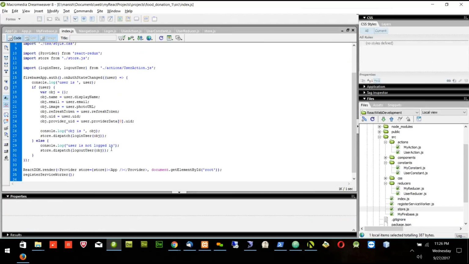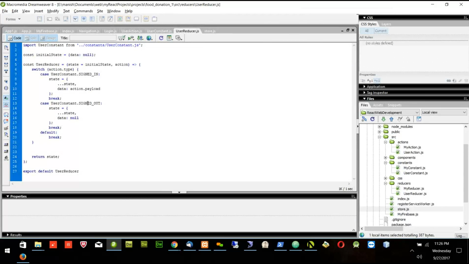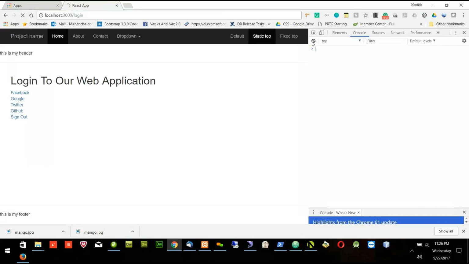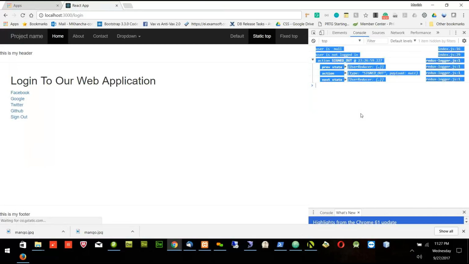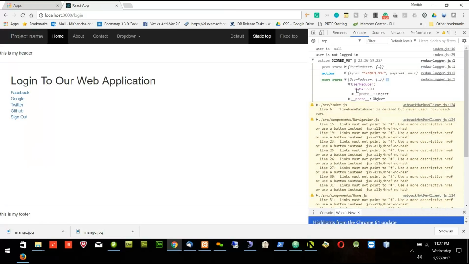Empty the state. This logout will call this user action. It will call this signed out. It will call user signed out, and it will update the data with the null value. So refresh and I'll slide. Since it is logged out, it's calling the information here, and the data becomes null. If I click Google,